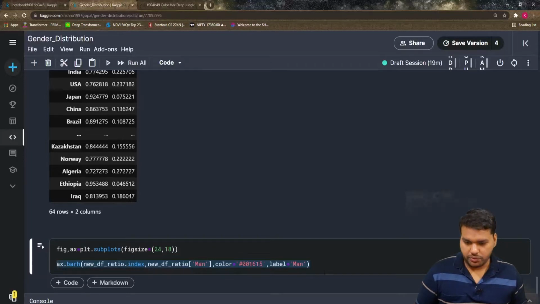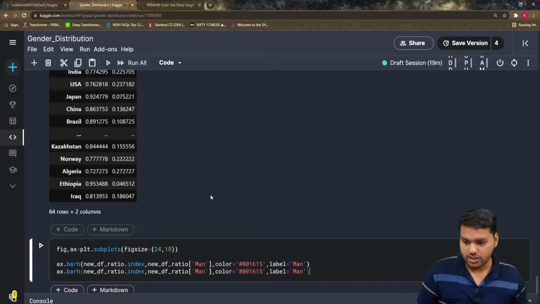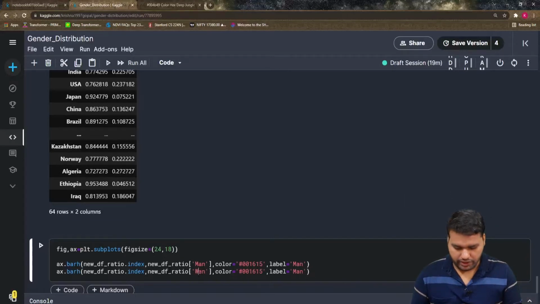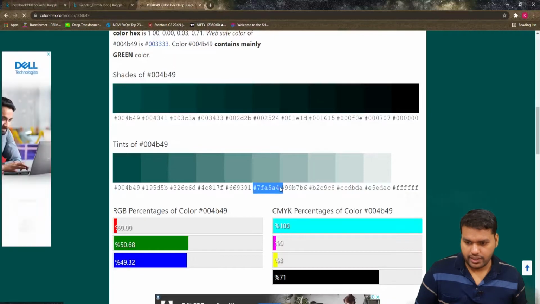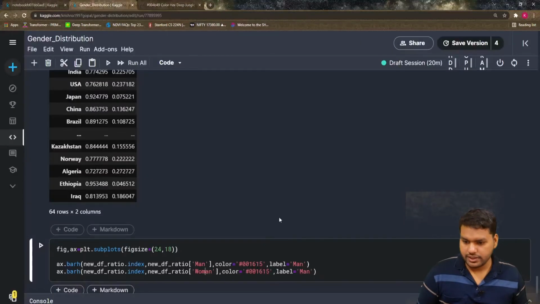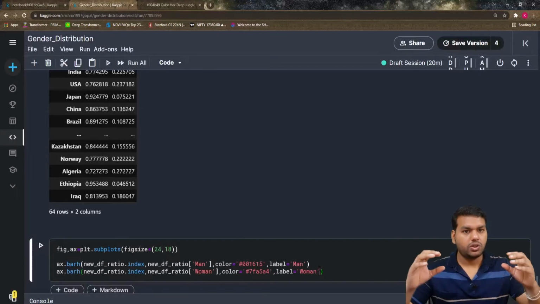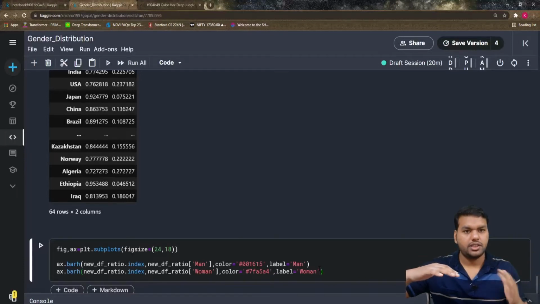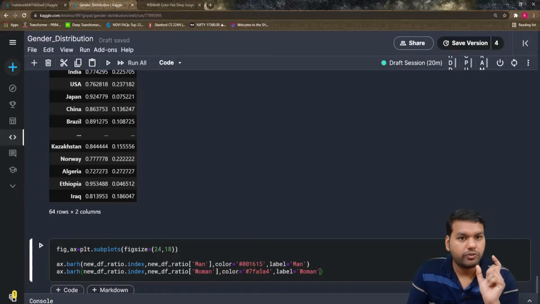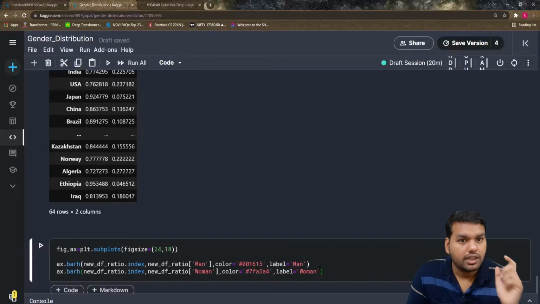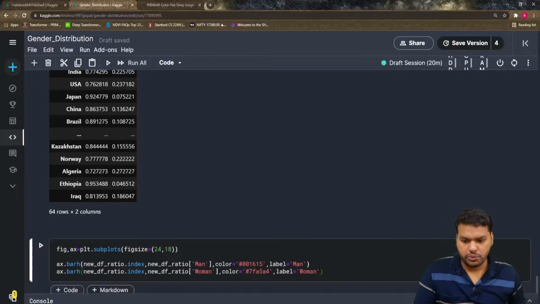Again, you just copy and do the same for the woman, but with a slight modification. What is the modification? Here you replace man with woman, and definitely you're going to change the color. For that, take some very simple, light color. So I'm deciding to take this. But when you draw the horizontal bar chart, you want to see the man on the left and the woman on the right side. So when you are defining the woman bar chart, you have to define its position. In the horizontal bar chart, the man position is on the left compared to the woman, so for this you have nothing to do. You have to pass left here. Okay, and let's see what comes.